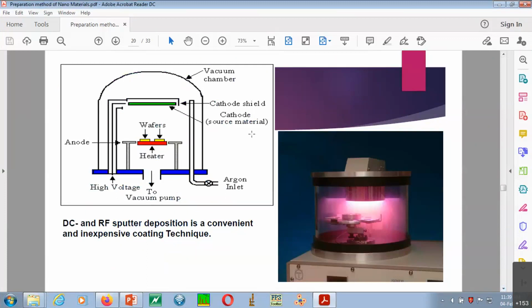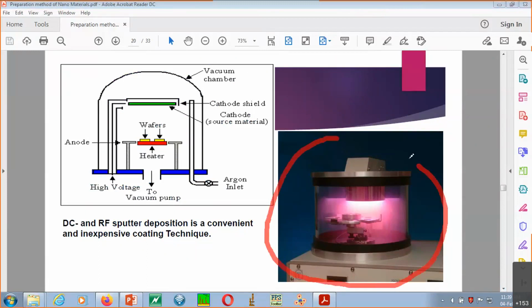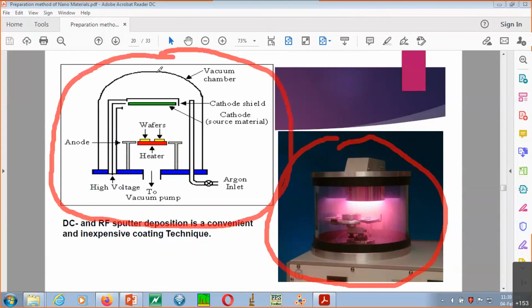Here it is. So here you see the actual device. It looks something like this. I have taken some images from the internet, and this is basically the sketch of this device, in the form of a structure. So you see all such components. The vacuum chamber they have highlighted. The cathode, you see where it is, here they have considered this one. The cathode is where you are keeping the source material. As I said, the source material and the target material are both the same. So they are keeping it at this point.